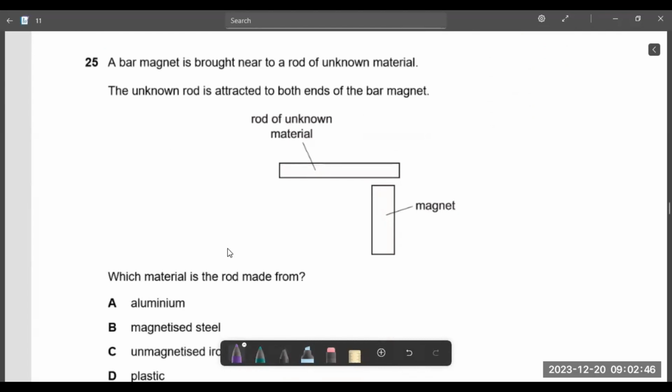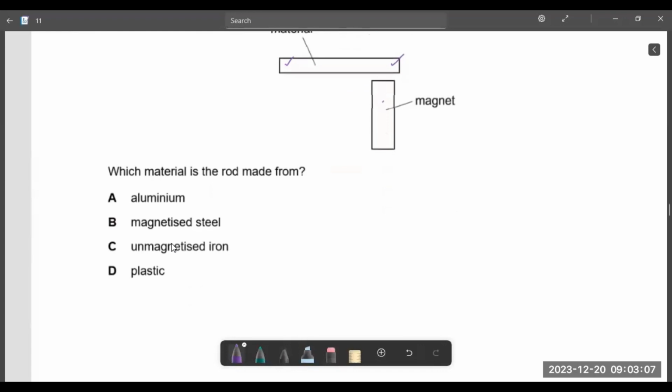A bar magnet is brought near to a rod of unknown material. The unknown rod is attracted to both ends of the bar magnet. So both ends of this unknown rod will be attracted to the bar magnet. Which material is the rod made of? In this choice,